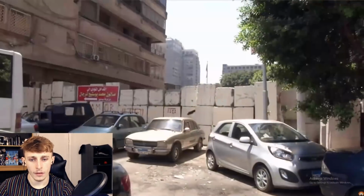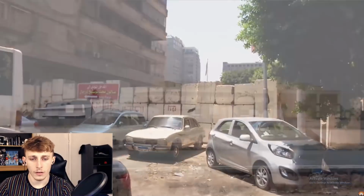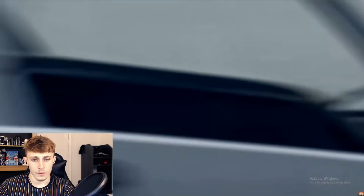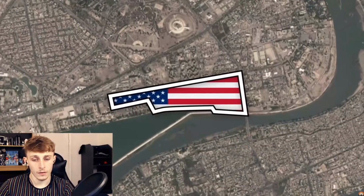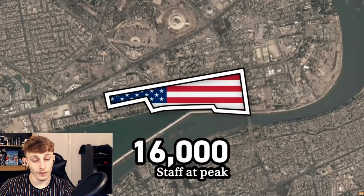But when embassies are in certain places, their buildings can't just be compound style, they have to be compounds. As the physical representations of countries, embassies are the clearest targets for those wishing to send a message to a country. During wars, though, there is often more work than ever for embassies to do in a country. This is why, as mentioned earlier, the US Embassy in Baghdad, Iraq ballooned to over 16,000 staff during the Iraq